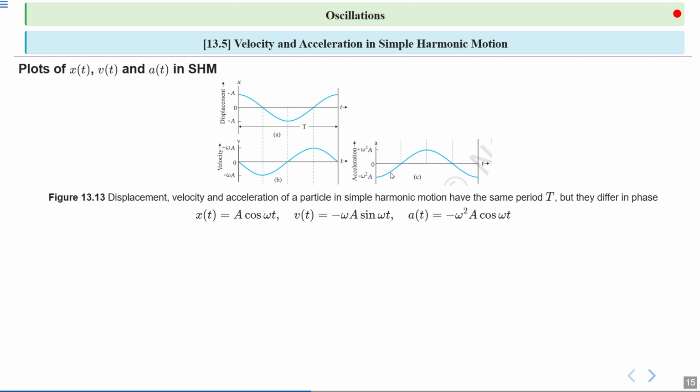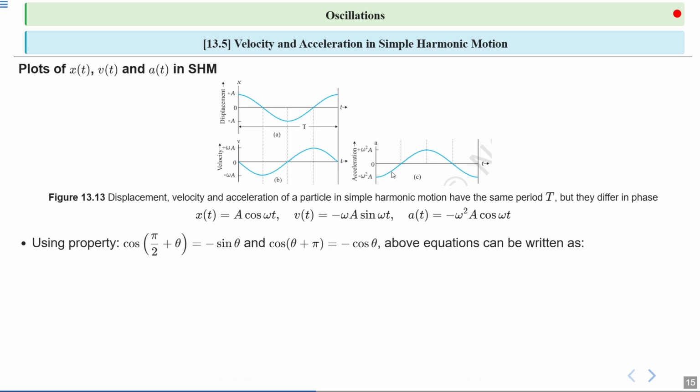So x of t is equal to a cos omega t, v of t is equal to minus omega a sin omega t, a of t is equal to minus omega square a cos omega t. So let's use some trigonometric identities to rewrite these equations and see the phase differences more clearly. So cos of pi by 2 plus theta is equal to minus sin theta, and cos of theta plus pi is equal to minus cos theta. Above equations can be written as